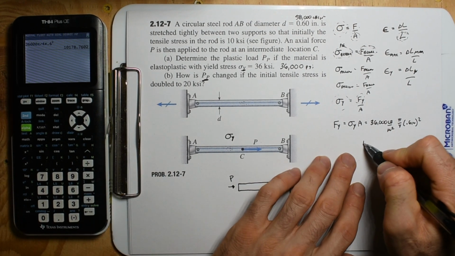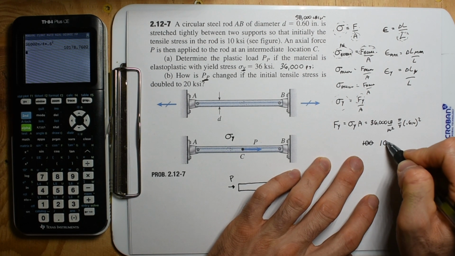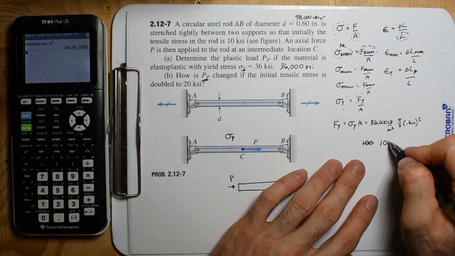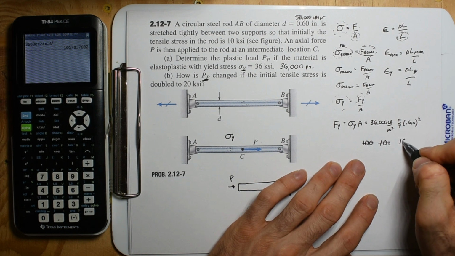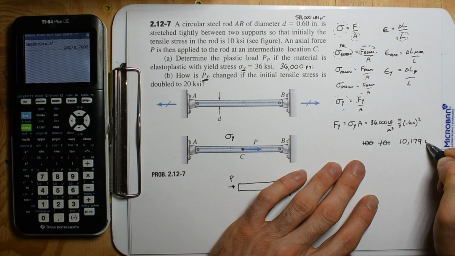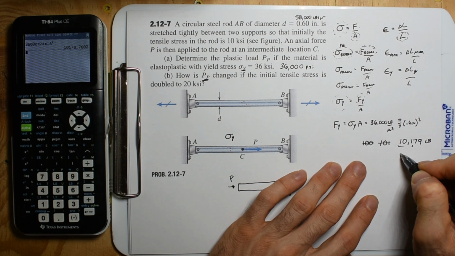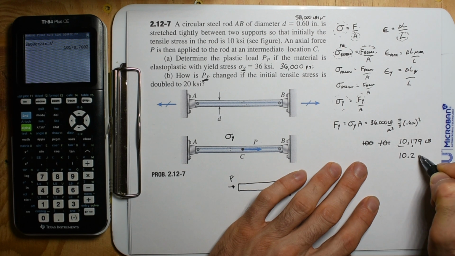Cool, and we get, oh geez, I can't read numbers, 10,179 pounds. We'll do 3 decimal places, so 10.2